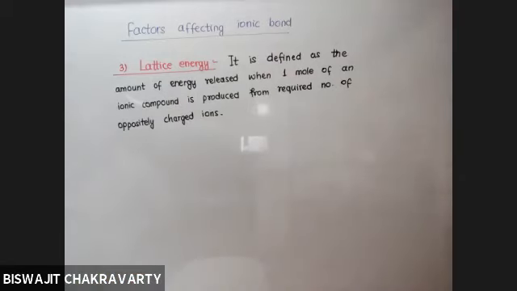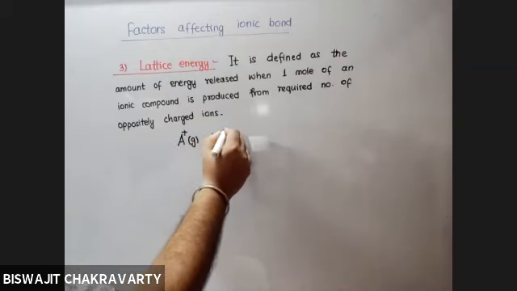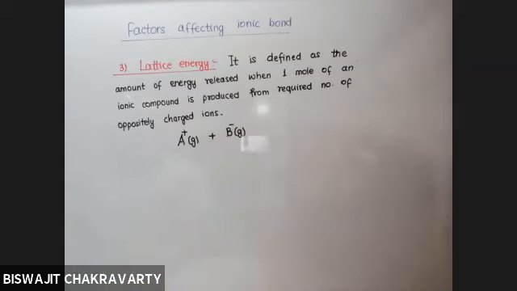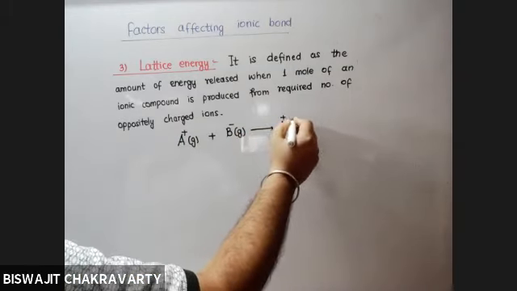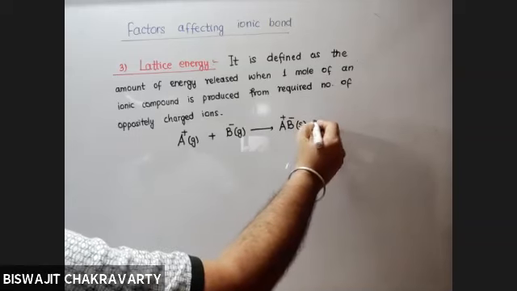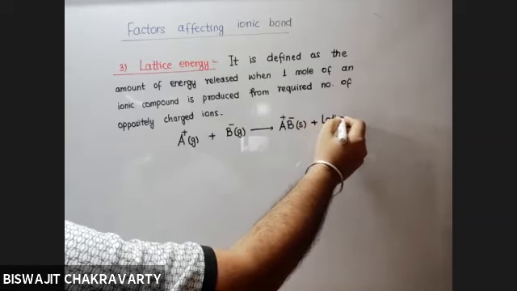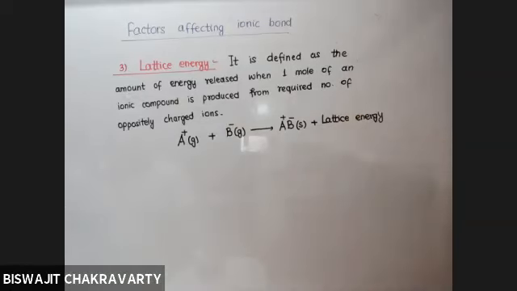So the cation that we had produced in the first step, denoted as A plus in the gaseous state, combines with the anion in the second step, and they will combine with each other through electrostatic forces of attraction, and the ionic compound produced will be in solid state. All ionic compounds are solids without any exception, and during this combination there is energy released. Whenever I write any energy term on the right hand side, it is energy released, and whenever we write it on the left hand side, it is energy absorbed.